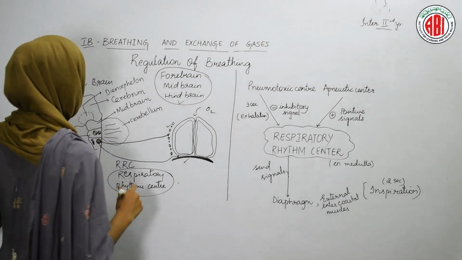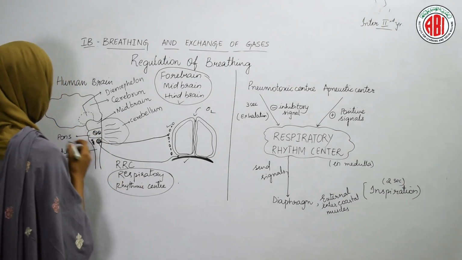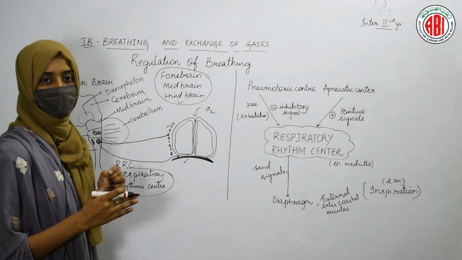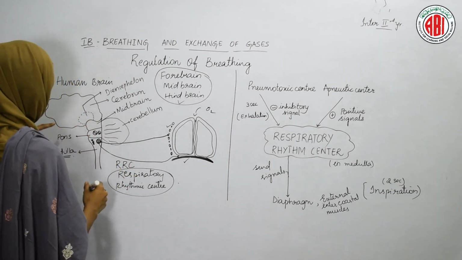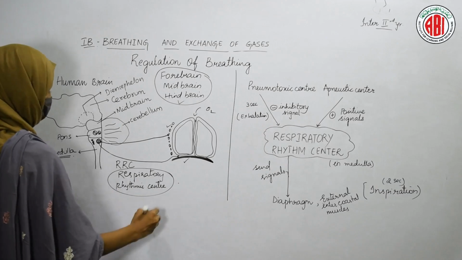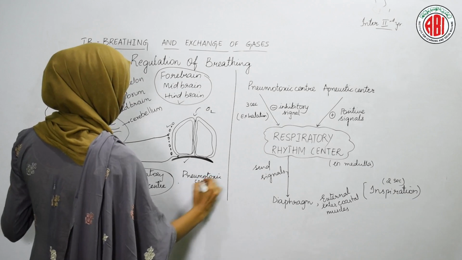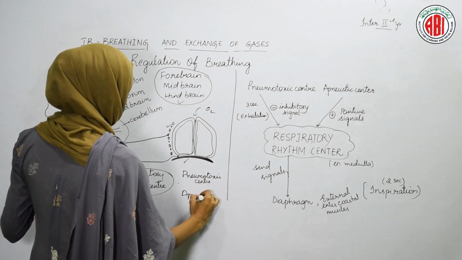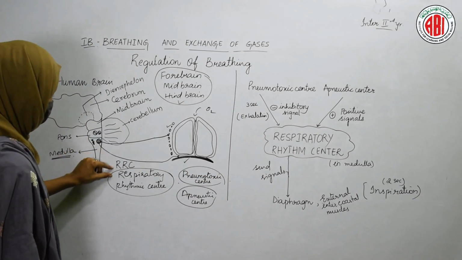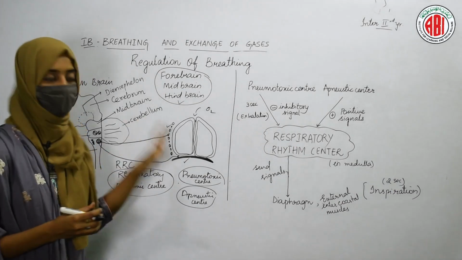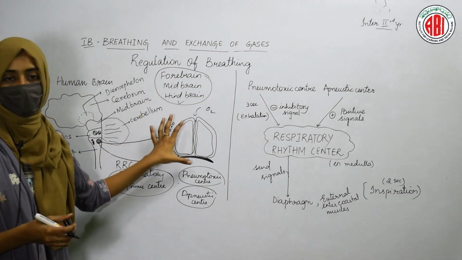So how is it helping in the process of respiration? Let us see. In the pons, two centers are present in which different nerve cells will be there. The two centers that are found in the pons are, one, the pneumotoxic center and the other one, the apneustic center. Just before, I told you that the respiratory rhythmic center helps in sending the signals to the different muscles for contraction.